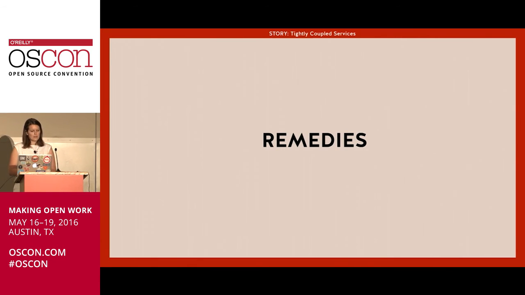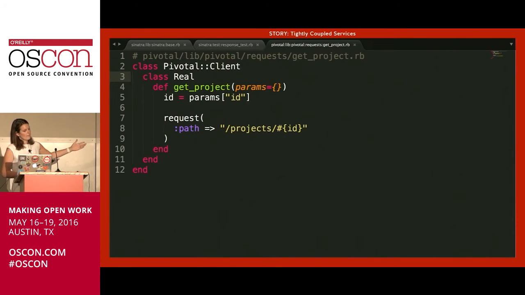One library that I recommend is called Cistern. It's also an open source library, and it's a nice framework for building Ruby clients. So here's an example. This is a client used for interacting with Pivotal. And so maybe you wanted to get a project for your Pivotal project. Inside this client, you would define a real interaction: how do I go get this project from Pivotal?